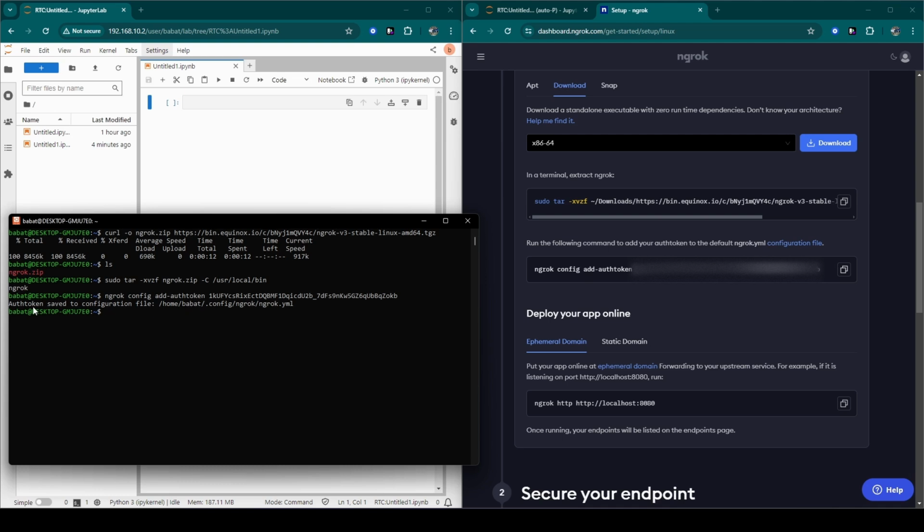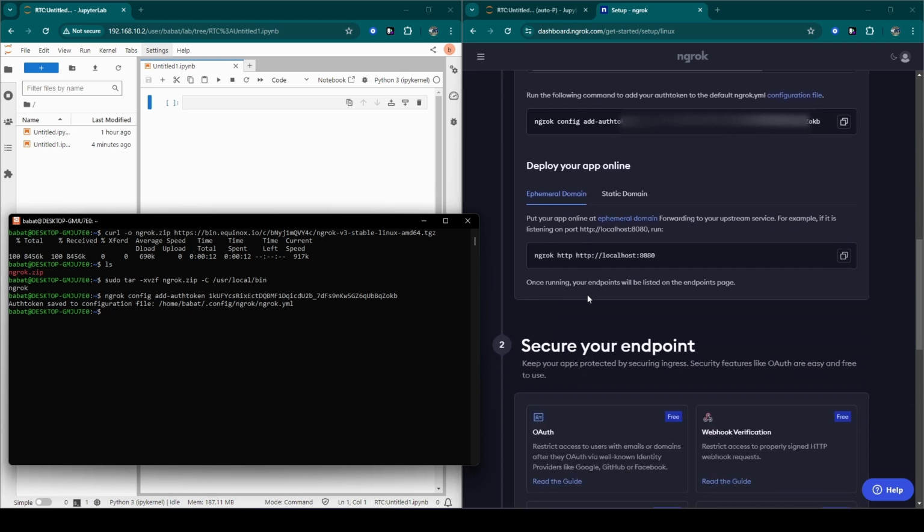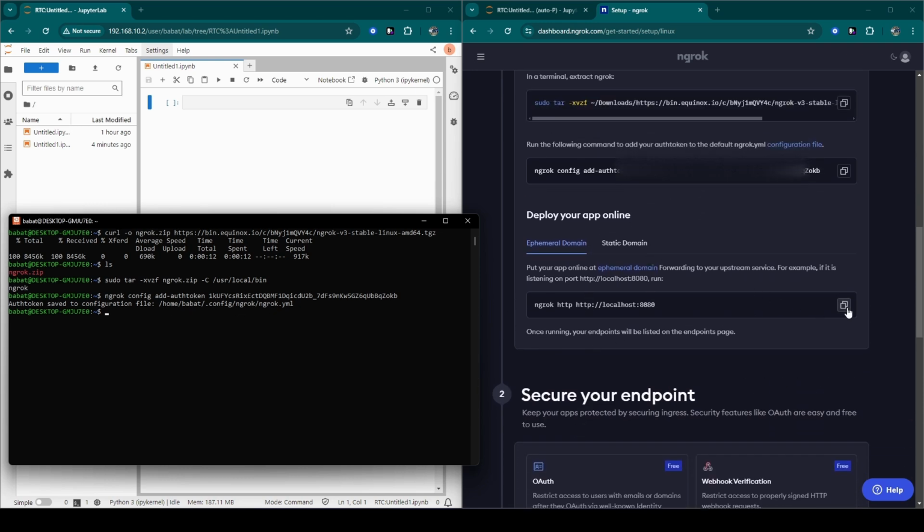Now the token is saved to this directory, and then we copy and paste this script, but remember I am exposing port 80, not 8080. So delete the 80 and then we hit enter.